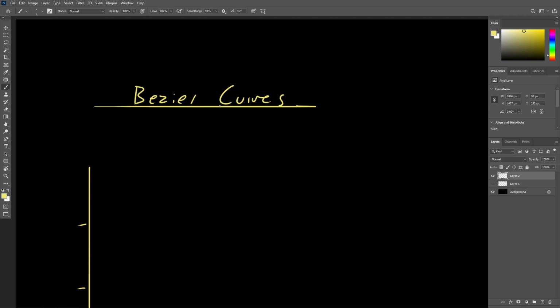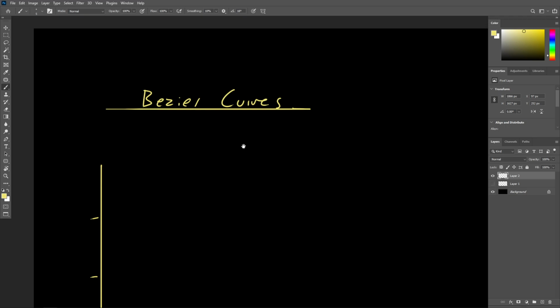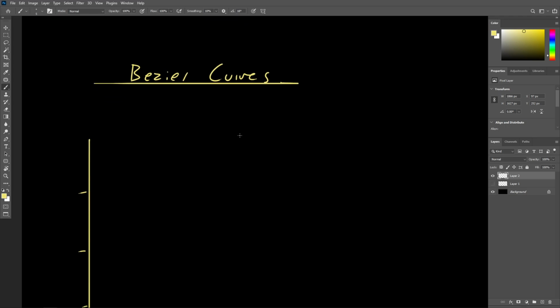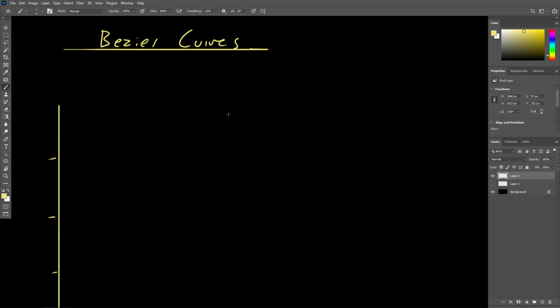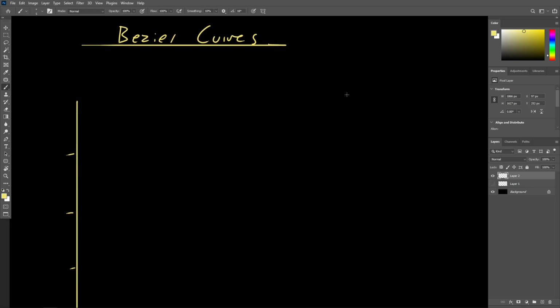A Bezier curve is a type of parametric curve used very frequently in computer graphics. Bezier curves are defined by two or more points, as well as a value t, which ranges between the values of 0 and 1. There are different types of Bezier curves we can draw, and we're going to start with the most basic type, which would be the linear